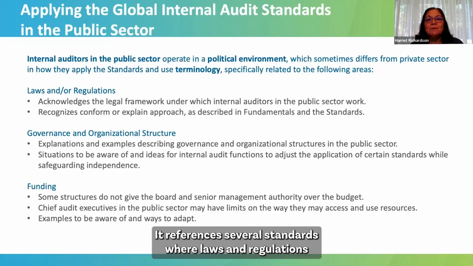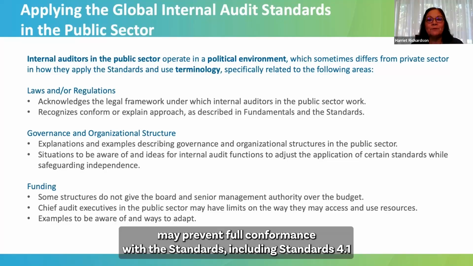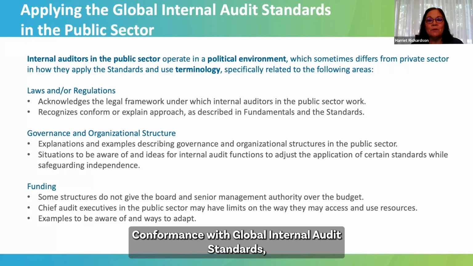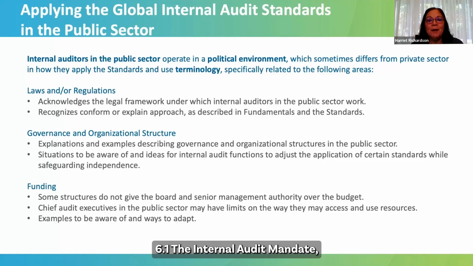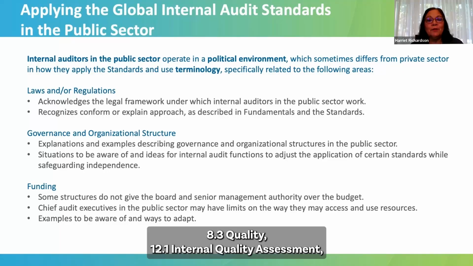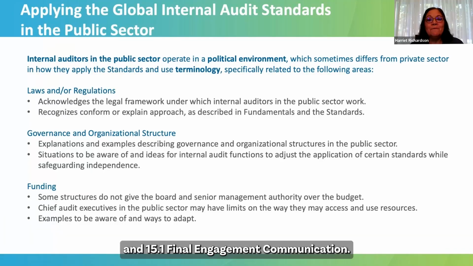It references several standards where laws and regulations may prevent full conformance with the standards, including standards 4.1, Conformance with Global Internal Audit Standards, 6.1, Internal Audit Mandate, 6.2, Internal Audit Charter, 8.3, Quality, 12.1, Internal Quality Assessment, and